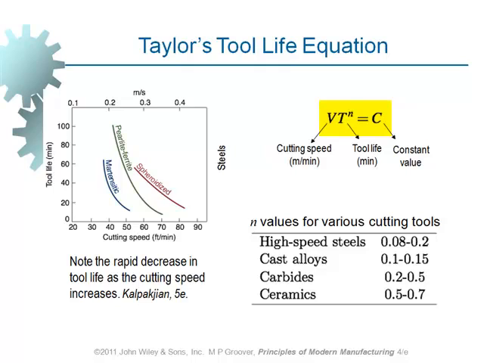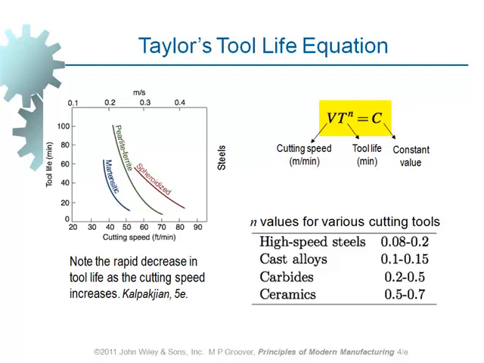And in the table below, the values of N for different types of materials for cutting tools are given. If we are making use of high-speed steels, the value for N will be something between 0.08 and 0.2. For carbides, it is something between 0.3 and 0.5, depending on the quality of the material. And C is a constant value,